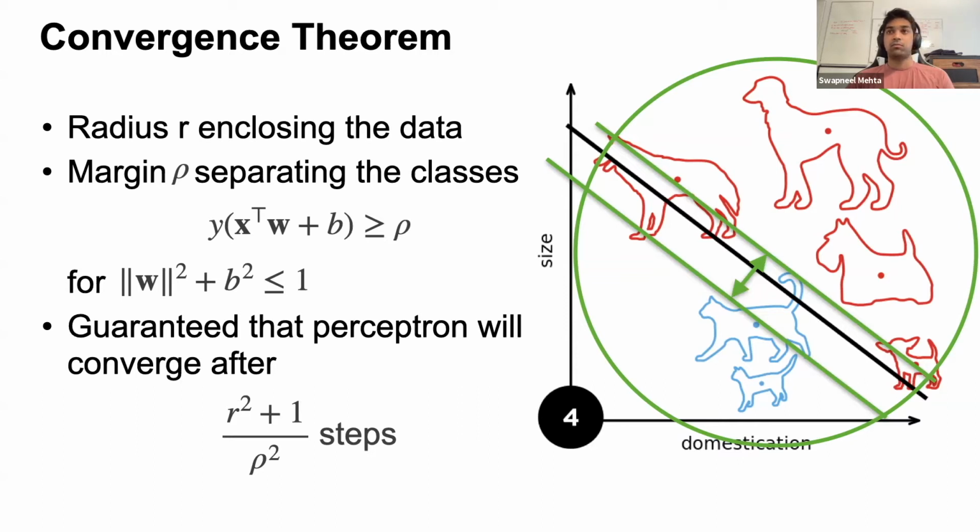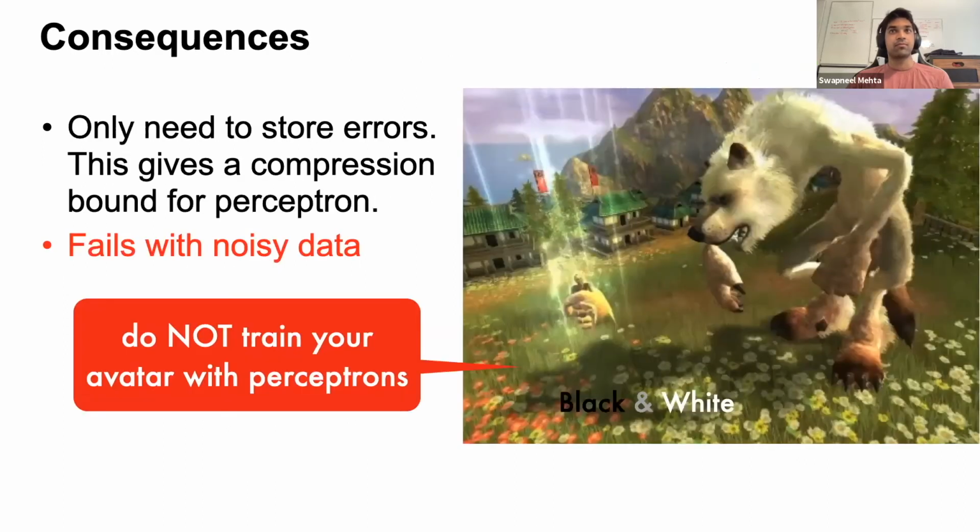And I should add a caveat: for data sets that are linearly separable, it is guaranteed that the perceptron will converge after (R squared plus 1) over rho squared steps, where R is this radius enclosing the data. I don't think I'm going to get into the proof for this, but if you have a question about this, then we can discuss that during the office hours. Cool. However,